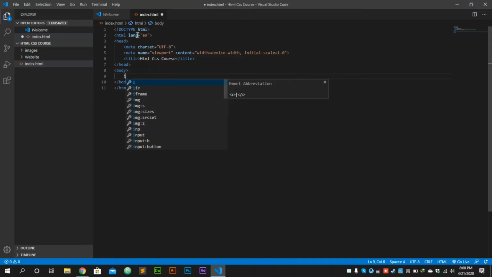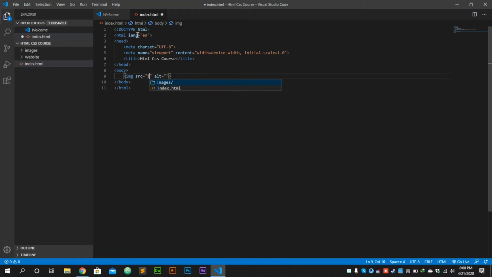I am writing img. I am not making a tag, because in this text editor you have a benefit. When you type any tag name, it will make it for you. When I have written img and hit enter, it will make my img tag.